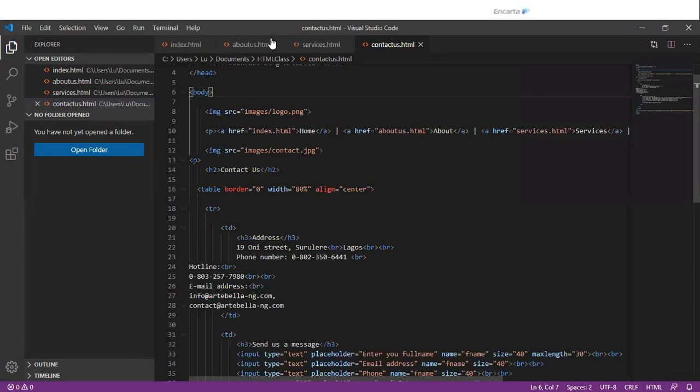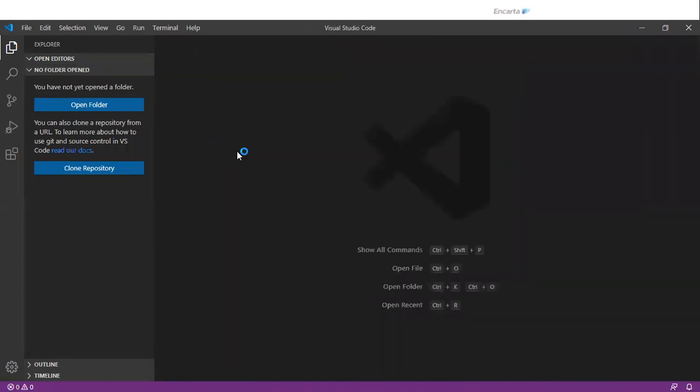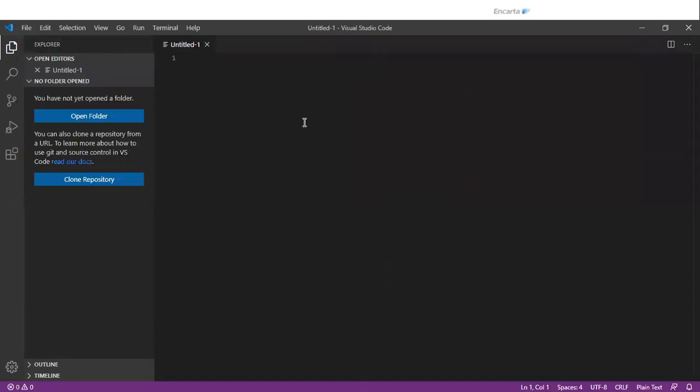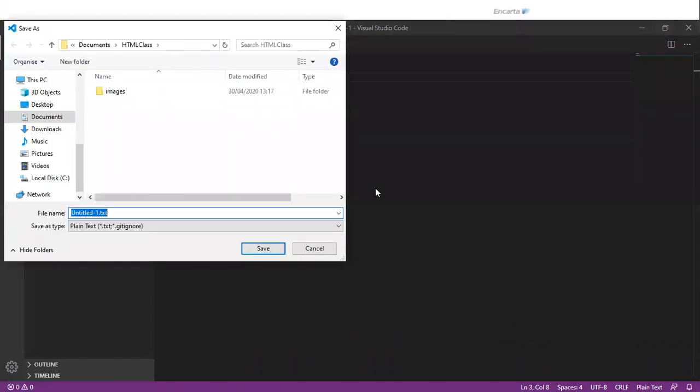This is a blank editor. All you need to do is file, new file. So you write your HTML code or whatever code that you're writing. Then you save it, file save. When you want to save it, make sure that you're saving with